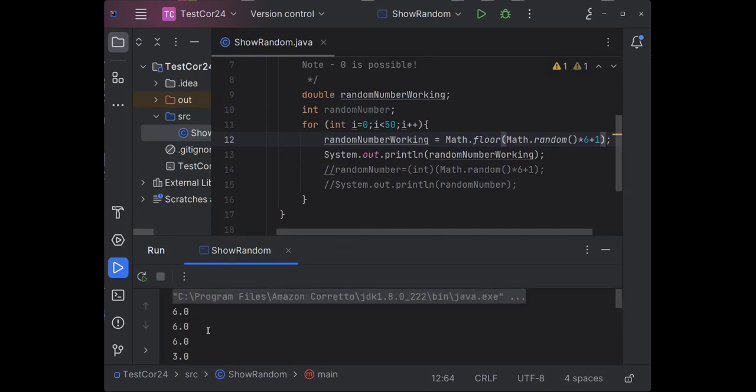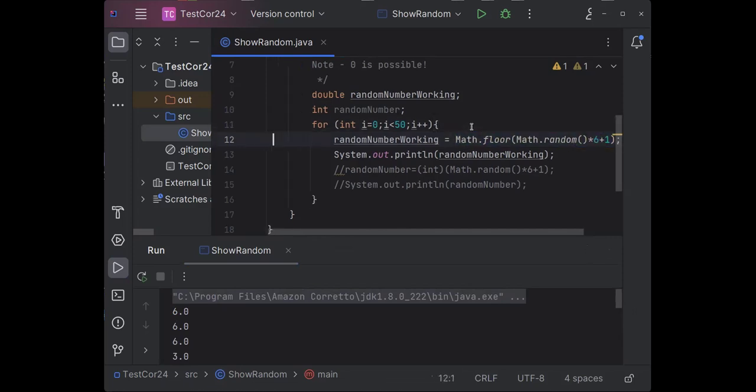However, you may recall that double values or float values cannot be guaranteed to be exactly mathematically accurate. And so we probably want to avoid working with doubles and instead work with integers. So what I'm going to do is recreate this formula in a slightly different fashion. As a matter of fact, I'm simply going to comment these out